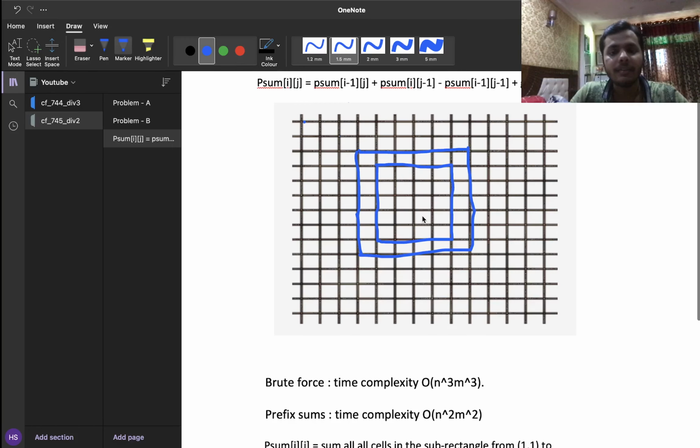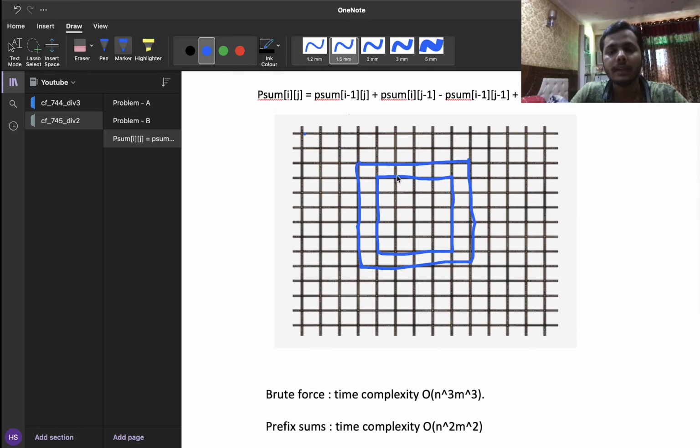Okay, so I think I'll have to explain this part as well. So let's see how to calculate the number of ones in a particular rectangle. Right now prefix sum of ij is storing the number of ones in the rectangle starting at 1 comma 1 and ending at I comma j, right? So let's label this cell as I1 j1, I1 j1, and let's say this particular cell is I2 j2, right?